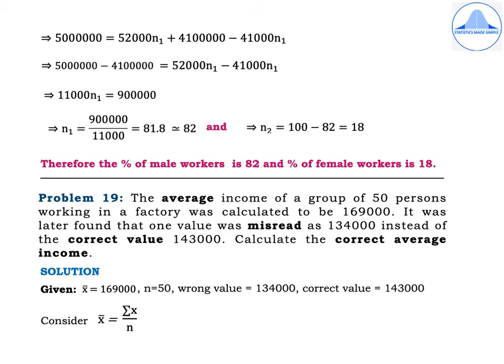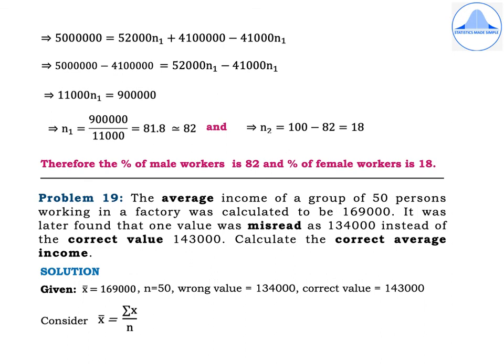Calculate the correct average income. This problem is of a different kind, where we'll make use of the arithmetic mean formula for raw data. Now, in the problem, it is mentioned that the number of persons working in a factory was 50, and for these 50 persons, the average income was